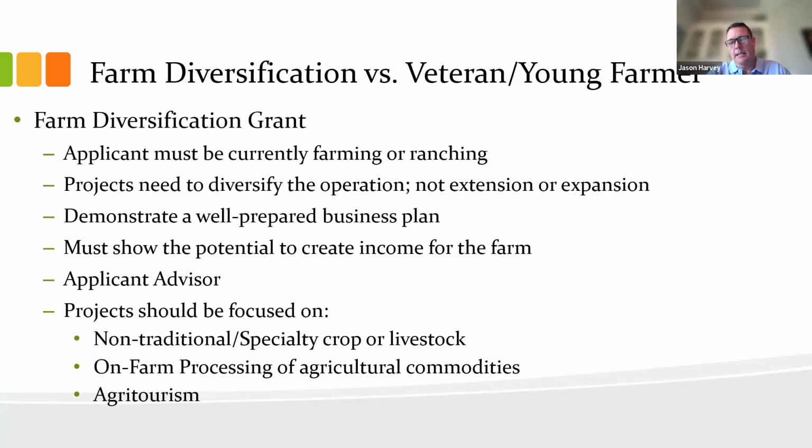I think Josh said in the chat, he put a link to our website there. From our Ag Enhancement and Diversification page, you're able to click on the titles of the various loans or grants that we've talked about here, and you're able to download the applications directly from our website. Those should come to you as a Word document that would allow you to just start working and typing directly into that application. On those cover pages for the diversification and veteran young farmer, we have a list of 5 or 6